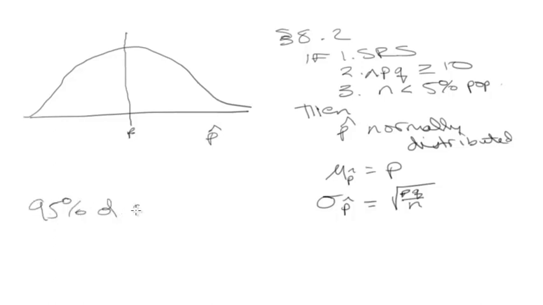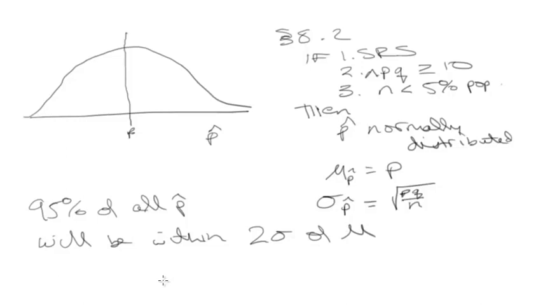95% of all the sample proportions will be what we used to say within 2 standard deviations of the mean. But we have learned since then, as a matter of fact, in chapter 7.2, that it's not actually 2 standard deviations. That was fudging. Really, after we put a little bit of time and effort into computing it, it was 1.96 standard deviations of the mean. And so